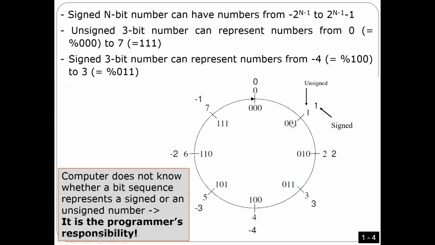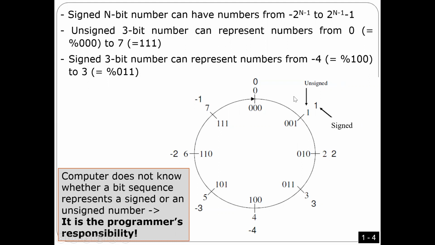So here, this number, as I said, can be signed or unsigned, right? So this is the conversion here. The inner numbers here are the conversion if this number is unsigned, and the outer number here if it is signed. That means this number, if it is signed or unsigned, 1 and 1 is the same, no difference. Okay. And this is always the case for positive numbers. So for positive numbers, the binary number has the same conversion to this, right? They are going to change in the negative. You will see right now.